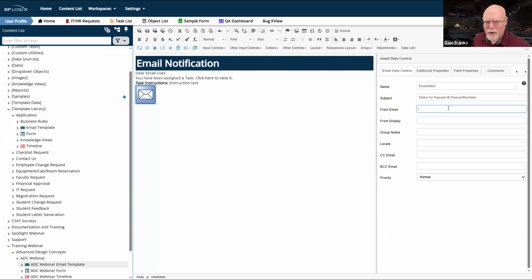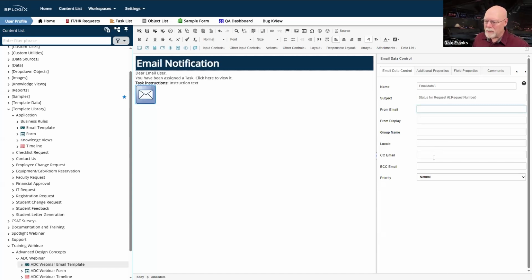But be sure that the person who is going to receive any replies knows that they may receive replies from email notifications, because people may have questions. So in cases where you need it, it's a great option to have, but most of the time you don't use it. Most of the time people understand that the email notifications don't receive a response. They're coming from an unattended mailbox and you just use the default.